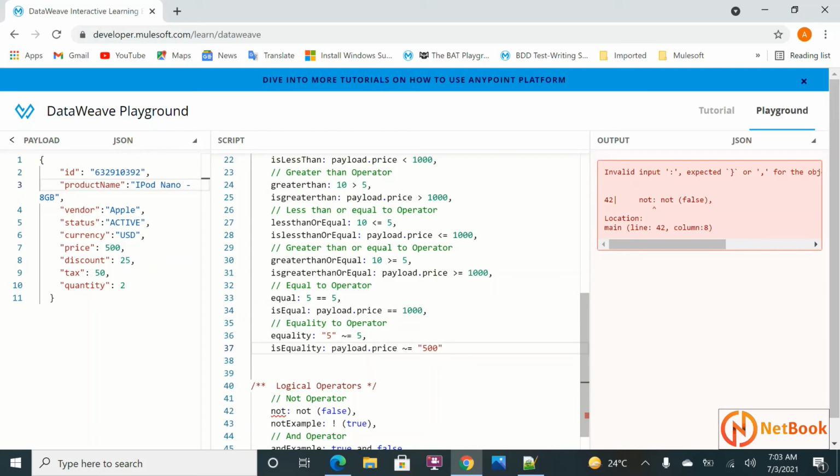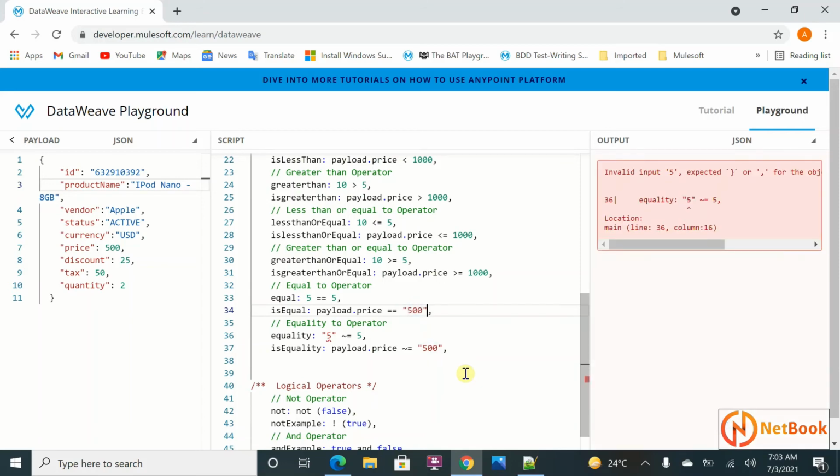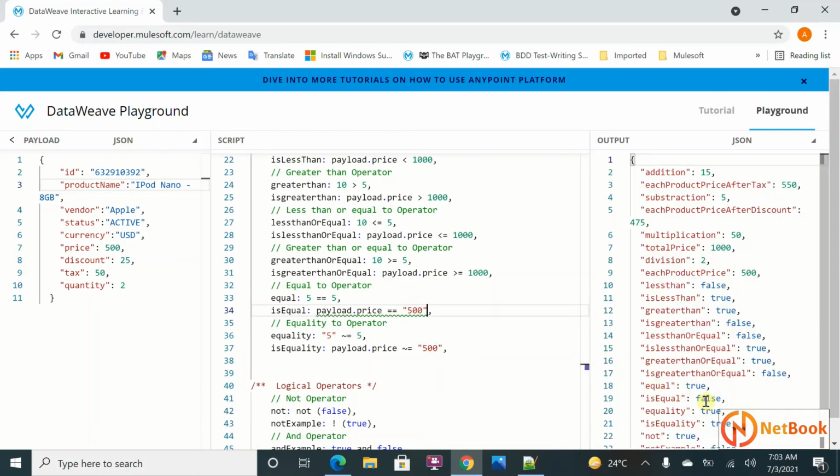Now you can see this is going to return true because the value is being compared. But if I put it over here as a string, the is equal is going to return false. Right? The equality one is going to return true. Let me put it this way so that while you are practicing, you will observe what is the difference between these two.